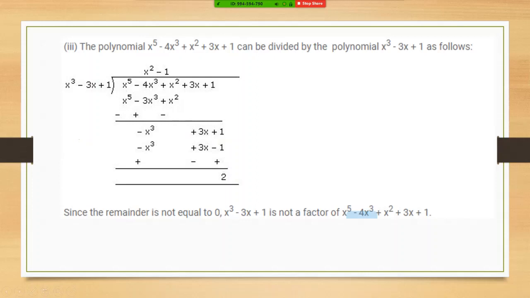Either you put zeros, 0 into x square and all, otherwise you leave a gap. It should all be done in a proper line, one below the other, all the same powers one below the other. You can easily put here plus 0 into x square if you want to. Again, I said because you have already learned this, I don't want to make you do it my way, but it's up to you.